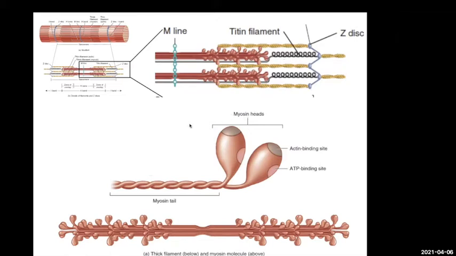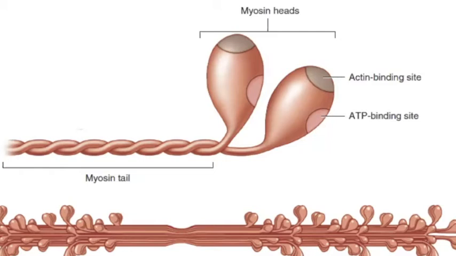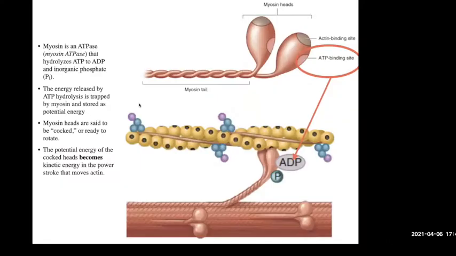right? So notice over here on these myosin heads, this is the structural part of it that's going to interact, but there's also the interaction point with the actin filament, as well as this ATP binding site. This is going to have enzymatic activity on this part of the myosin head right here. So remember ATPases, what they do? Way back when, in the first unit, we talked about these enzymes that hydrolyzed ATP to ADP,